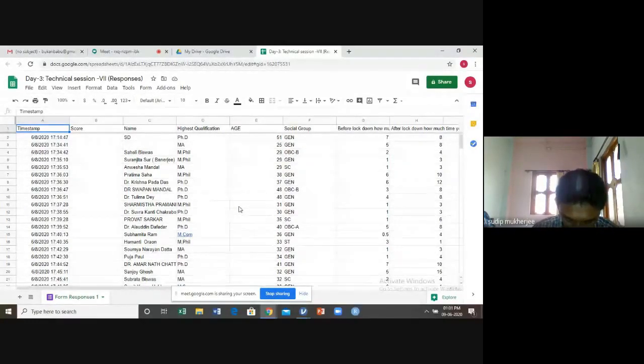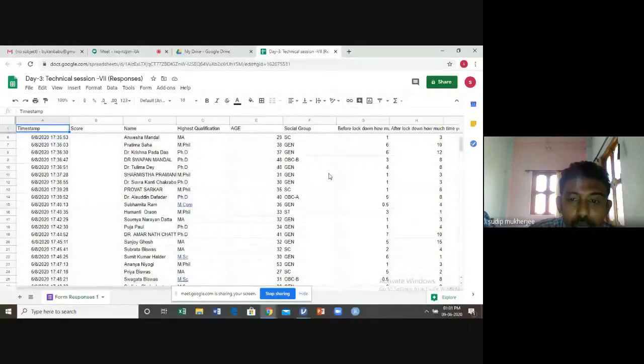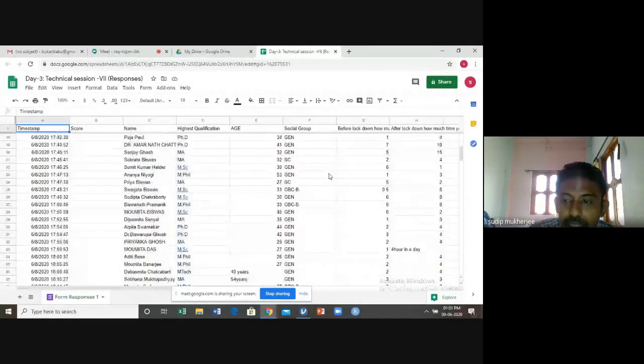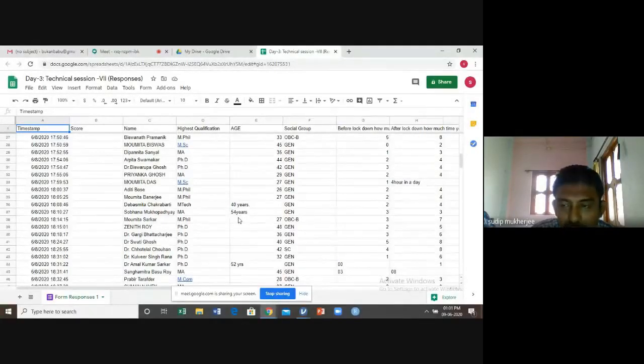The first thing is you have to clean the data, because in some cases, just like this observation, 4 hours in a day, or this observation 40 years or 54 years.